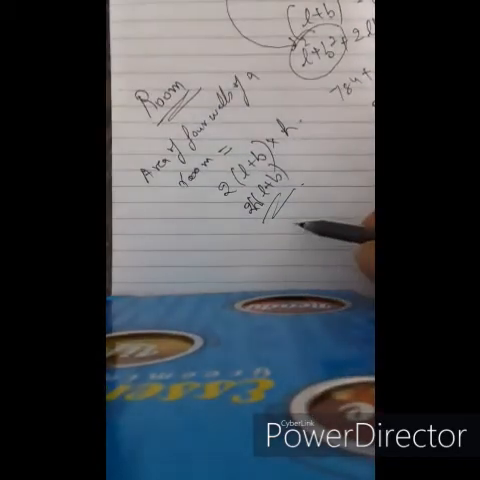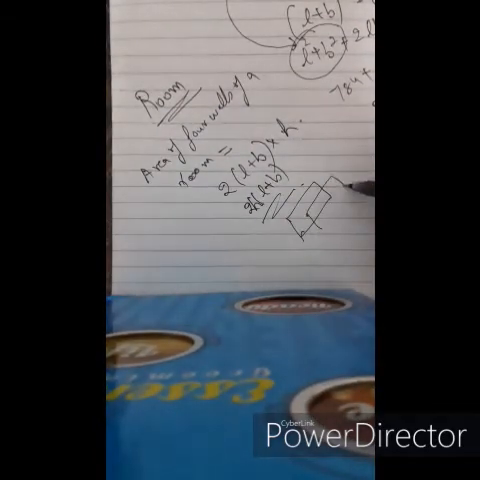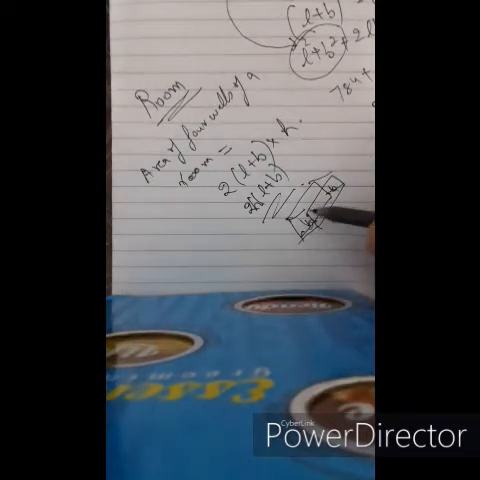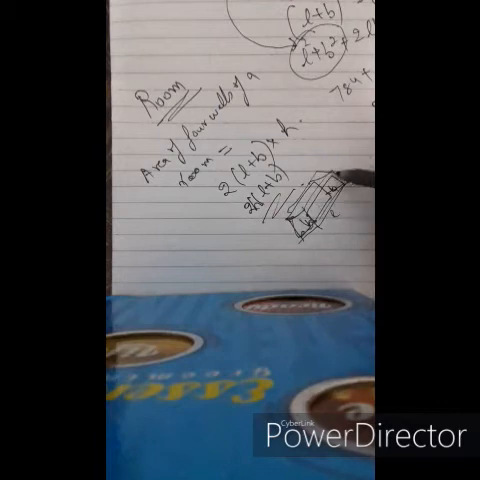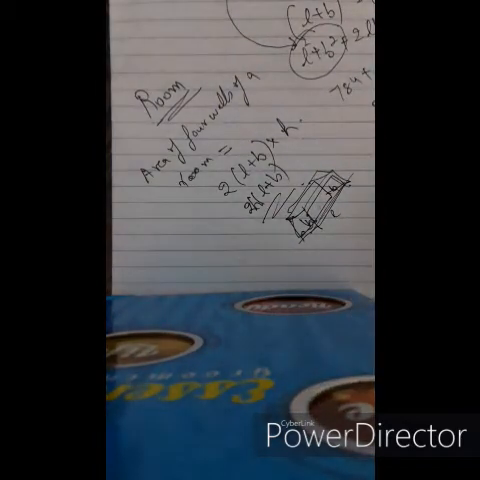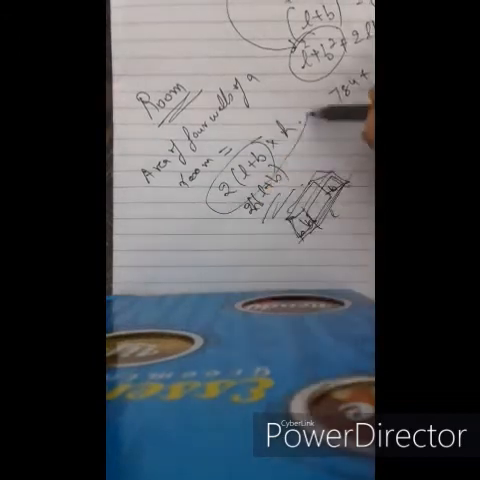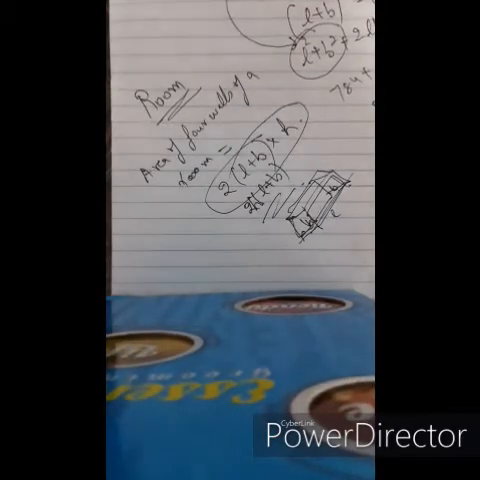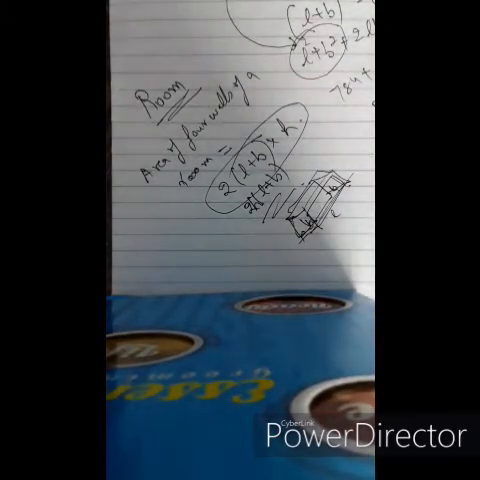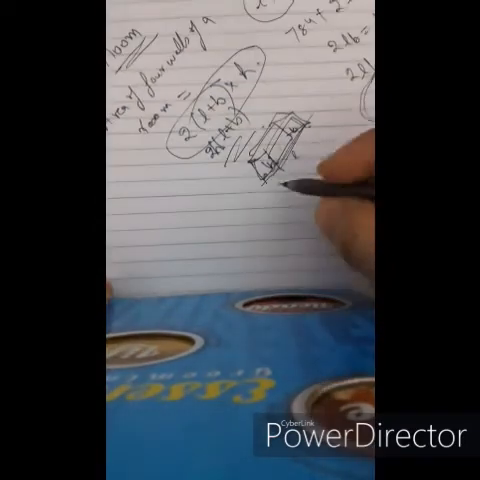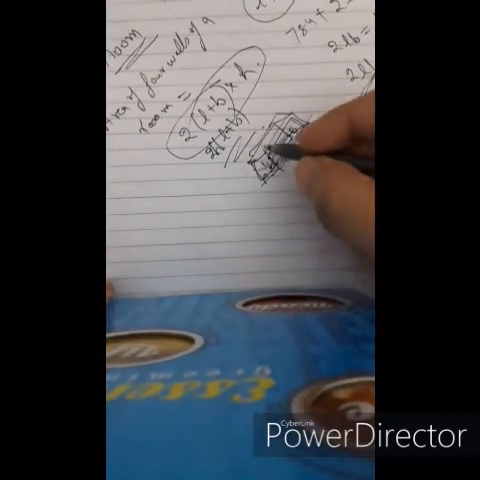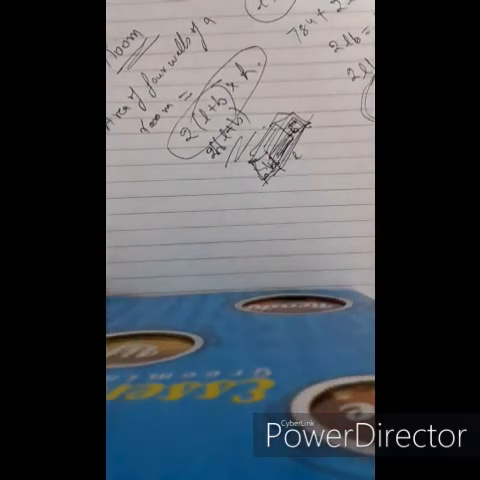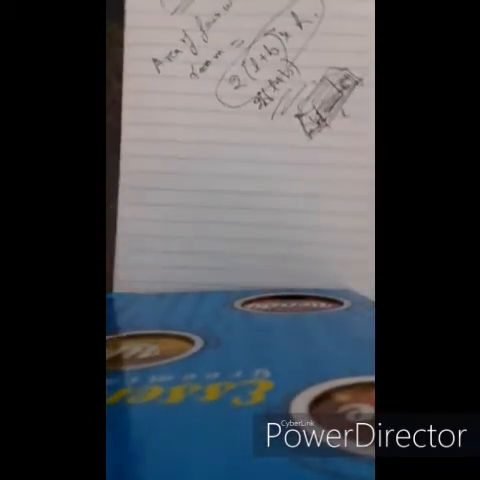A room is in the cuboid format, with length, breadth and height. So the area of the four walls of a room is denoted by the formula 2 into L plus B into H, that is 2 into length plus breadth into height. And the area of the six faces of a room, this face, this face, this face, that face and the bottom face, the six faces, total surface area